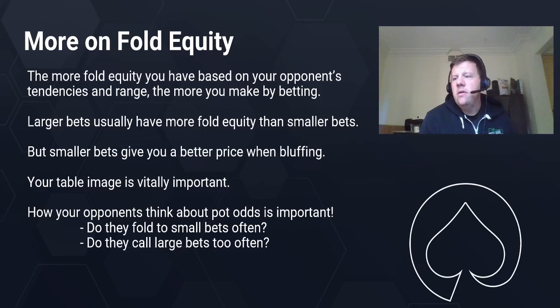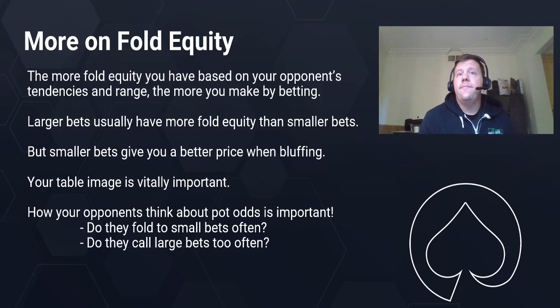So when you bet very big, you don't get as good a price on your bluff, because you're risking more money to win the same amount of money. You're always risking to win the same amount. When you bet small, you get a better price when you bluff. So let's say a larger bet, let's say you bet $75 into a pot of 100, or you bet $25 into a pot of 100, you're risking different amounts to win the same $100. So it's kind of important to know the pot odds, or just the intuitive understanding of what price you're giving